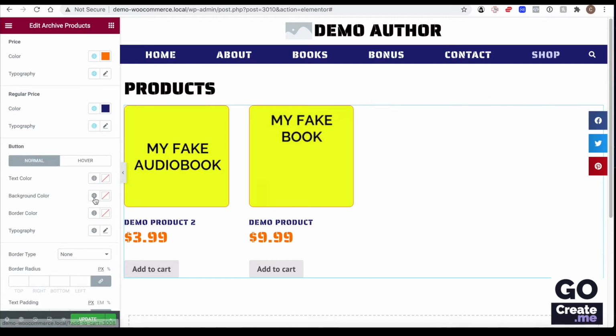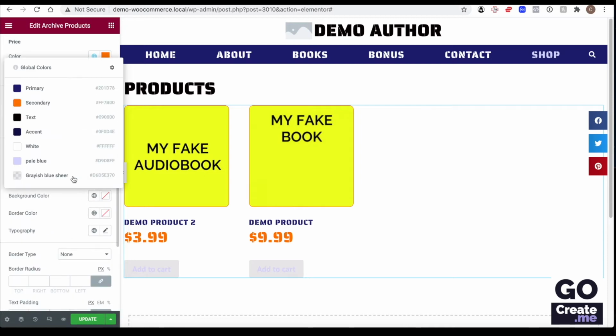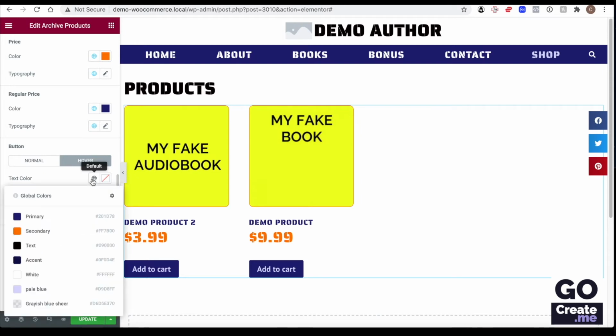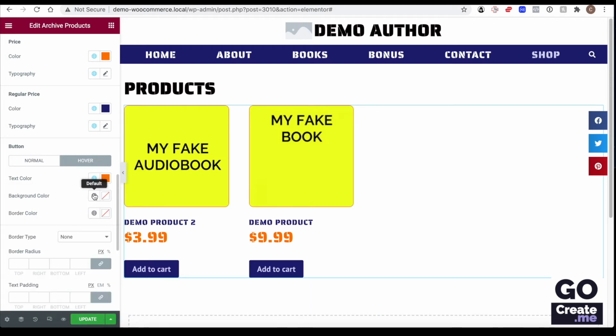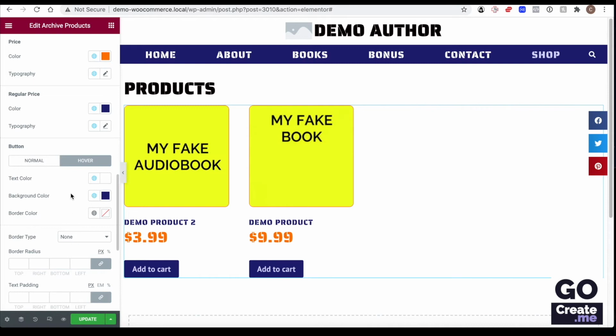The buttons, so the add to cart button, you can change the text color. So maybe I want to make this like this over a dark background. And you also control the hover color. So maybe the color will go orange over this. So when I hover, it changes. Or you can make it be like that. You can also give it